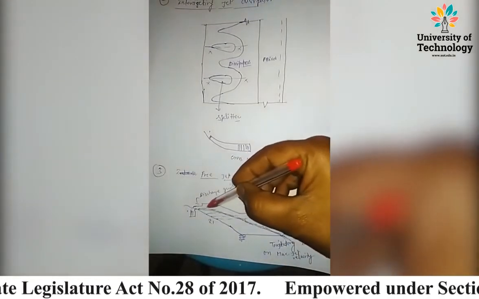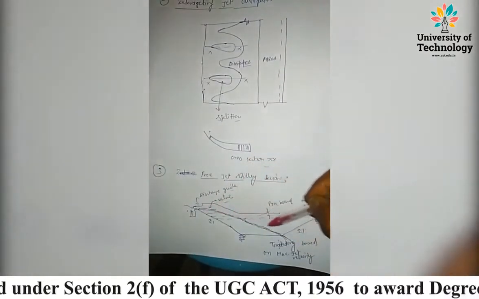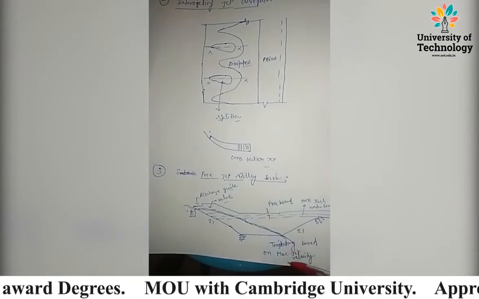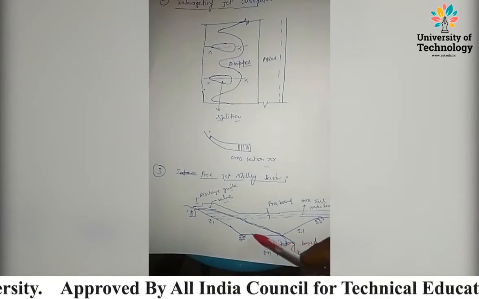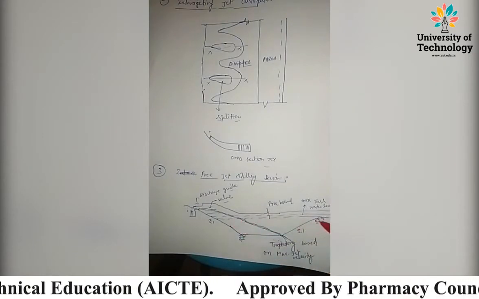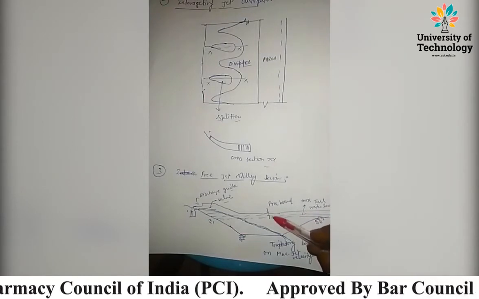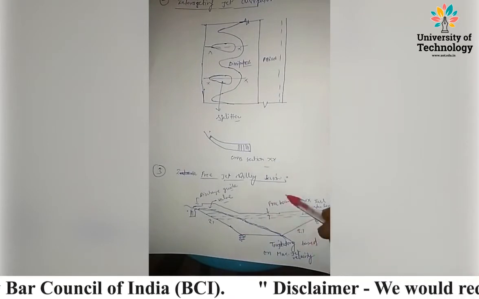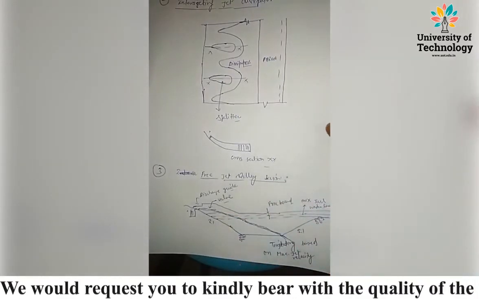This is why we can say that this is a free jet stilling basin. You can see here that the profile of the water is like a jet. So this is known as the trajectory based on maximum jet velocity. This is a trajectory, and the basin is there, and the maximum water level up to the tail is there. And we can see here that freeboard is also available. So this is the free jet stilling basin.